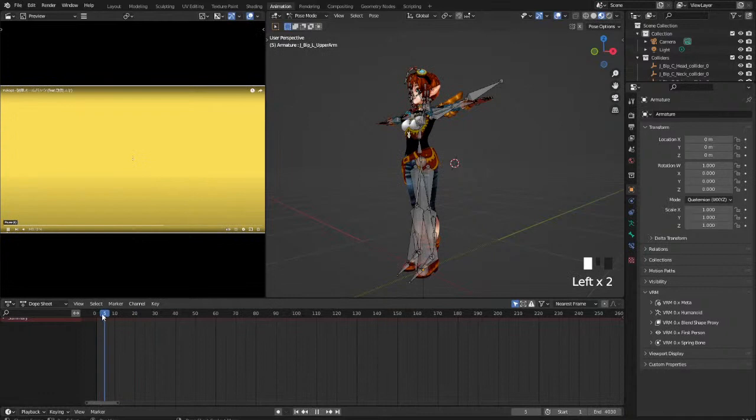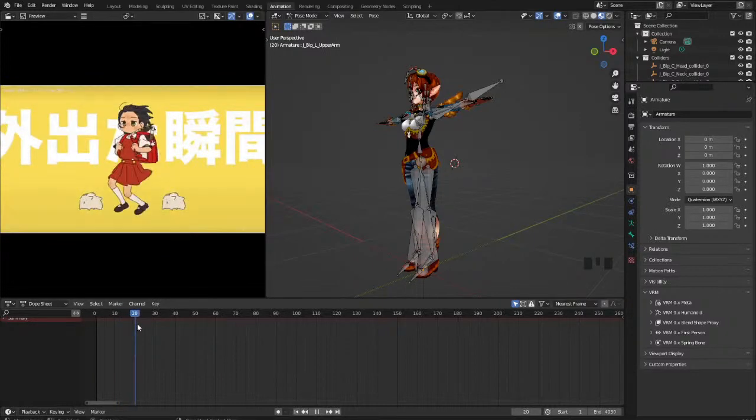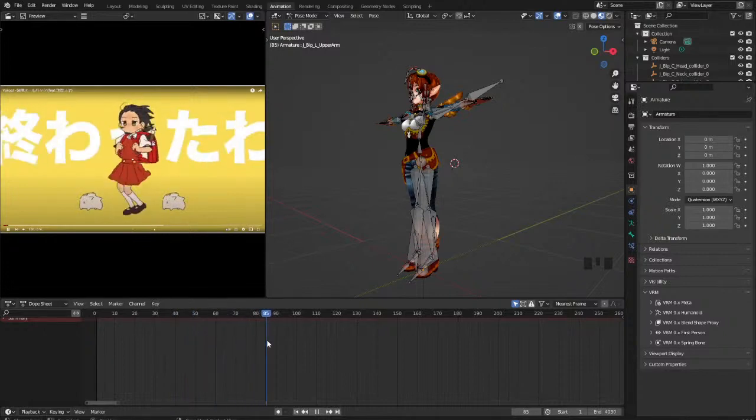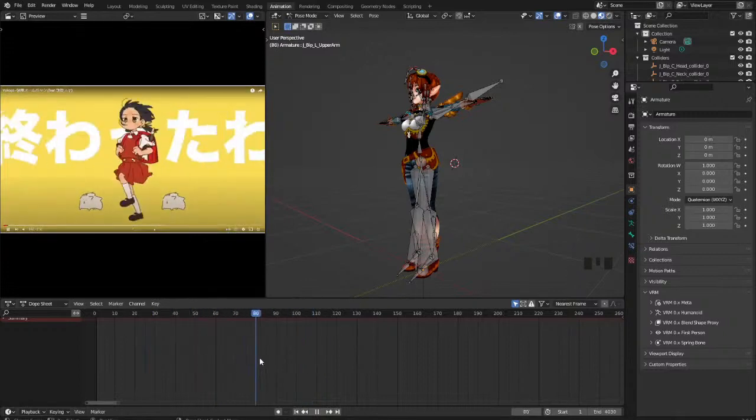So the great thing about this animation here is it's not that it looks complicated, but it's not really. If you look, it's repeated over and over again. So there's 1, 2, 3, 4, 5, 6, 7, and then it repeats. So like 7 or 8, and then it just repeats over and over again. So I thought it would make a good beginner lesson because we don't have to do